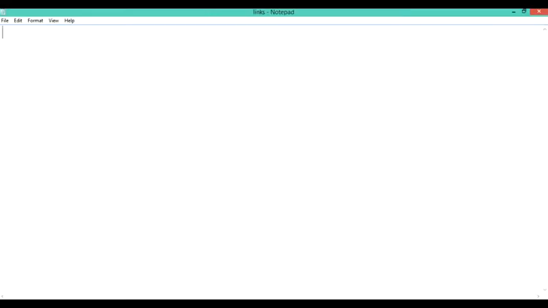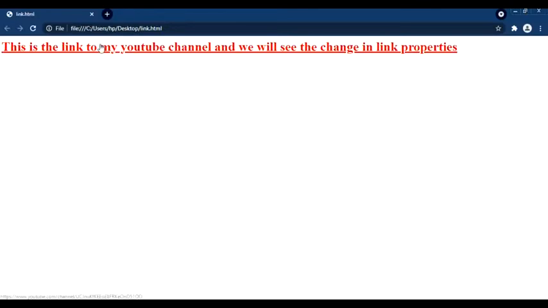In the CSS file, we will write a, and then not the dot, but a colon. Whenever we are styling a part of a link, we will use a colon, and then I have written hover. Hover means moving the cursor over that part. Here I have given the color as red. So whenever I move the mouse pointer over the link, the link should be shown in red color. As you can see in the output, whenever I am hovering the mouse pointer over that particular area, it is showing me red.